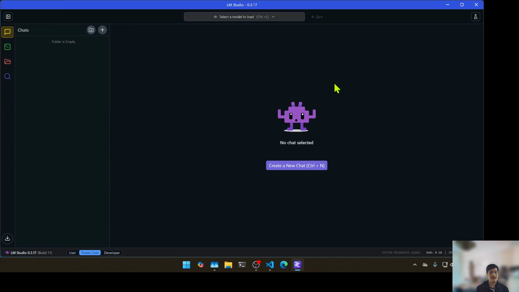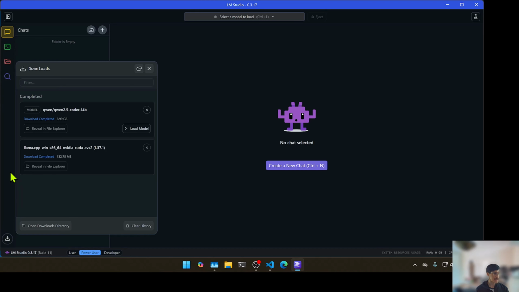So the first thing we'll need is LM Studio. I used to use Llama CPP and Ollama and those types of inference engines, but I've just recently started to use LM Studio more often because it just works. It's very reliable and it's cross-platform. Linux, Mac, Windows, it just always seems to work, and also